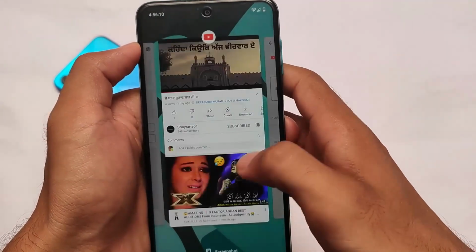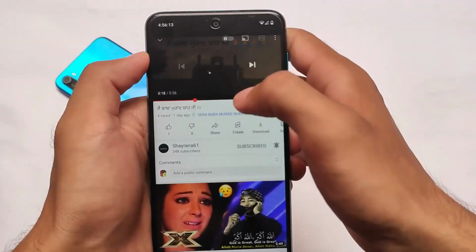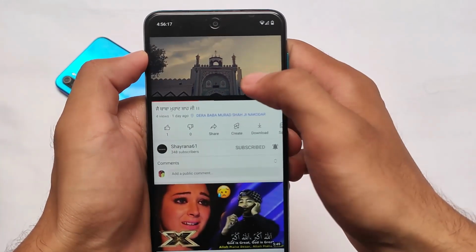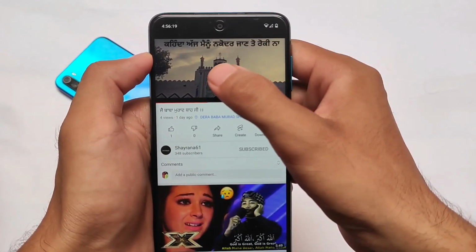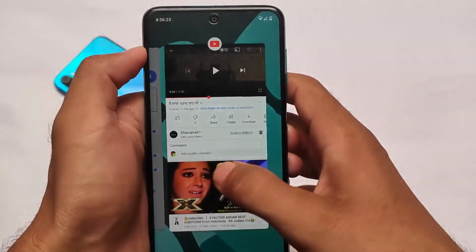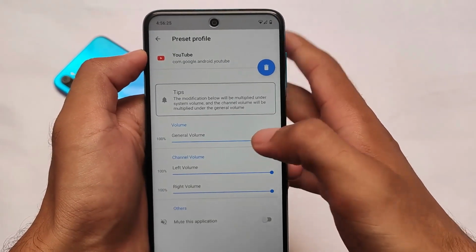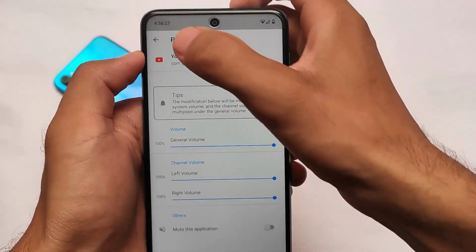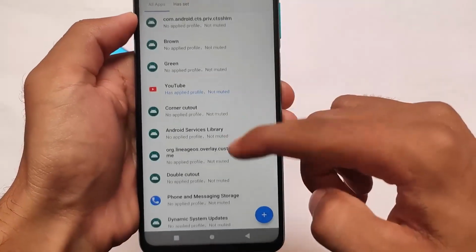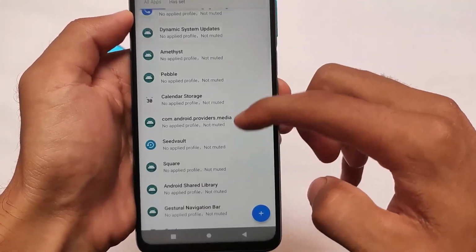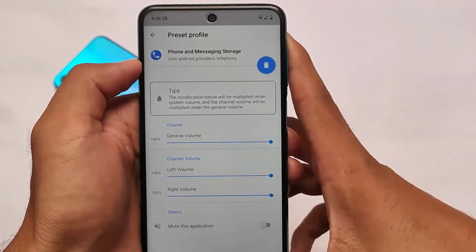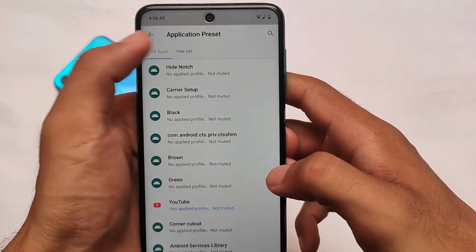But this is actually quite helpful, quite necessary, and I think most of you guys will definitely love this module. And of course, if you're using Lineage OS, Pixel Experience or any other custom ROM where you don't get this feature, then this is really helpful for you. It has one disadvantage, which is that this will not work on MIUI, One UI, or if you're using Oxygen OS. I'm not sure if it will work for that, but mostly it should not work for MIUI or One UI. At least for both of these it will not work.